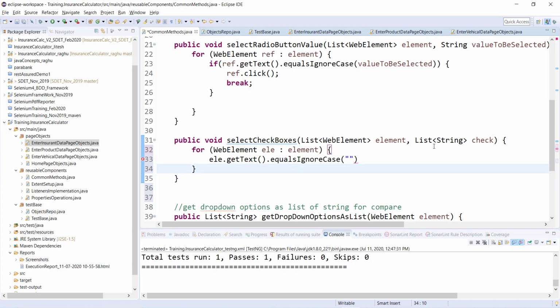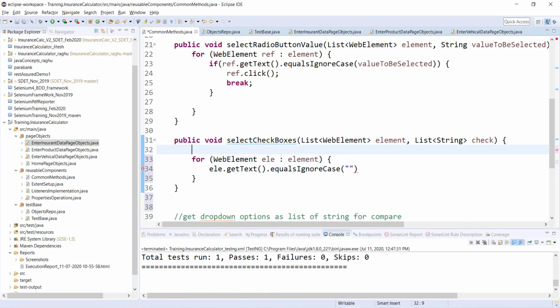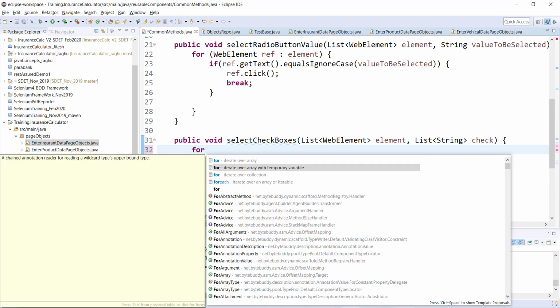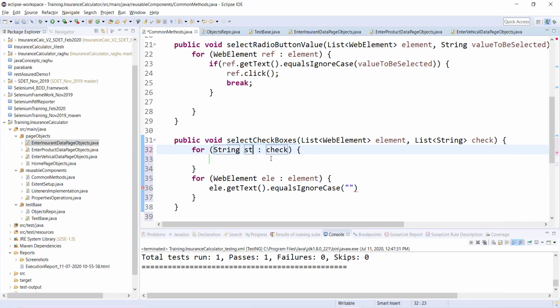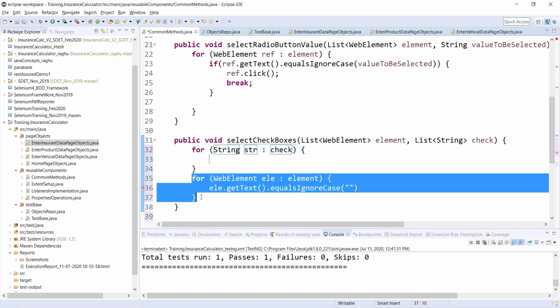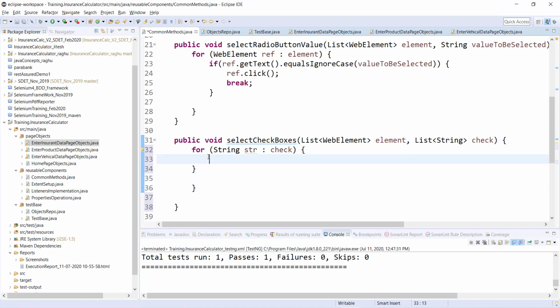So let's see. Now what I'll do is, element, we are done. I will put one more for loop, so I will have two for loops, an inner for loop and an outer for loop. So let me put one more for loop for the string check. Let's say this is str, and I will put this outer for loop inside the inner for loop.